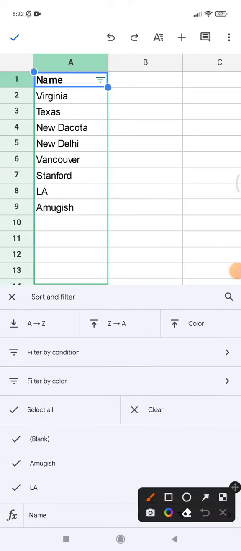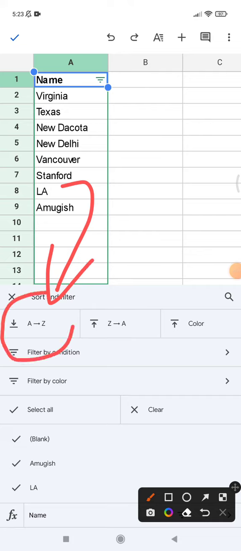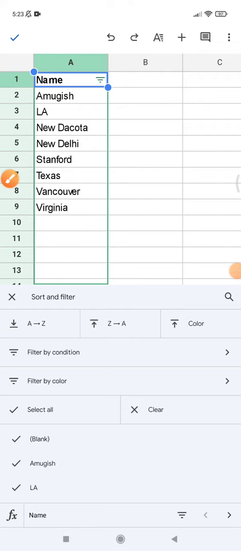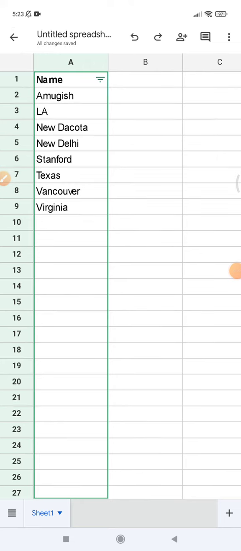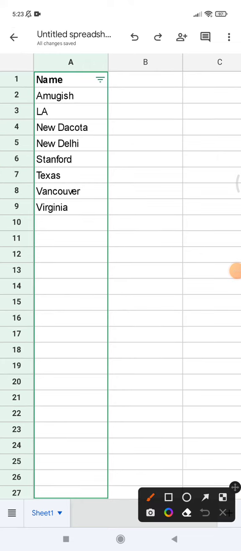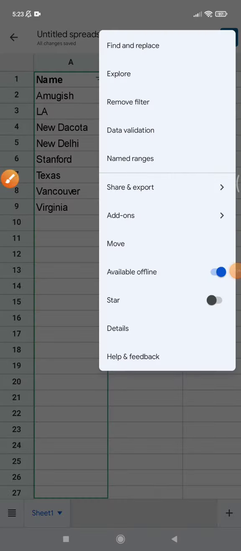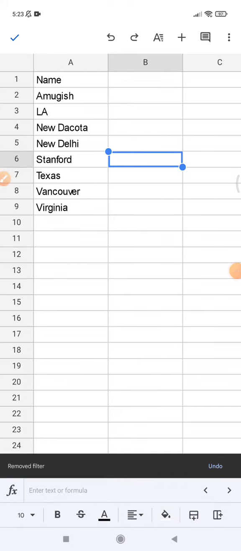and then there are two options for sorting data, A to Z and Z to A. A to Z is ascending and Z to A is descending order. I will try ascending. See, now my data is already in ascending order, and then I want to remove the filter. You just click the triple dot again, and then click remove filter. Now my data is already sorted